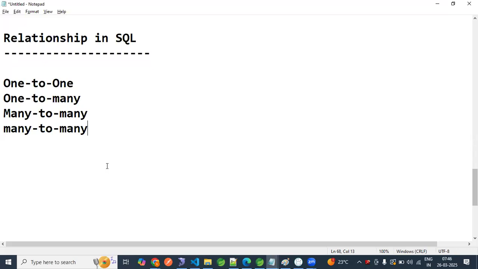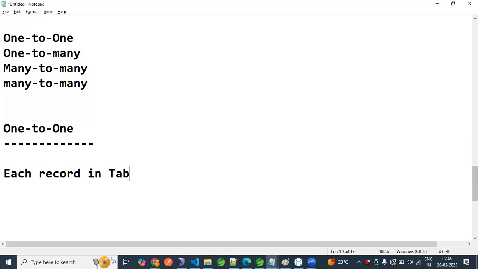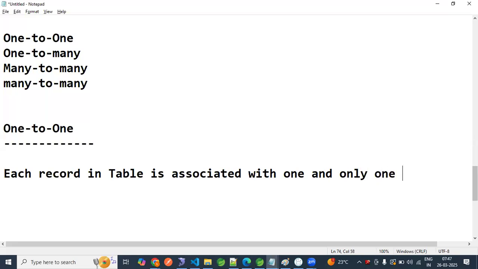Now, first we will try to understand the one-to-one relationship. We are not going to do any practical, just the basic idea. So one-to-one means, what is the definition? Each record in, let's say, table A is associated with one and only one record